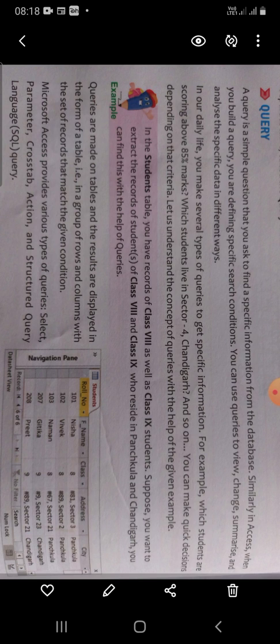In our daily life, we also make several types of queries to get specific information.